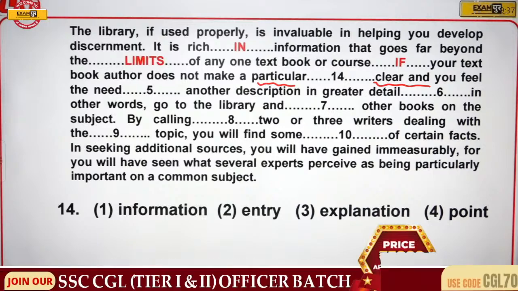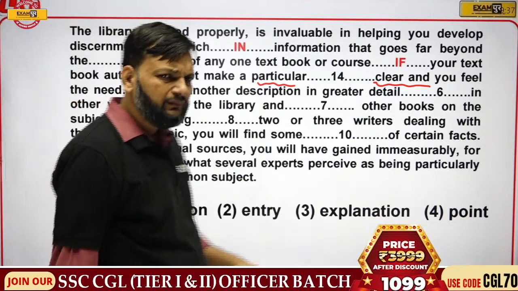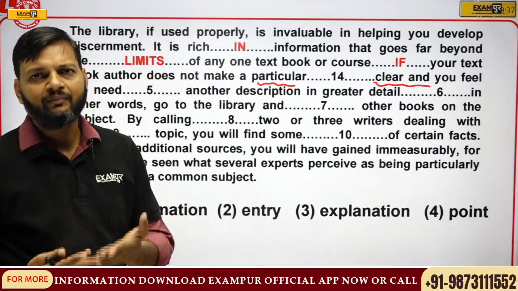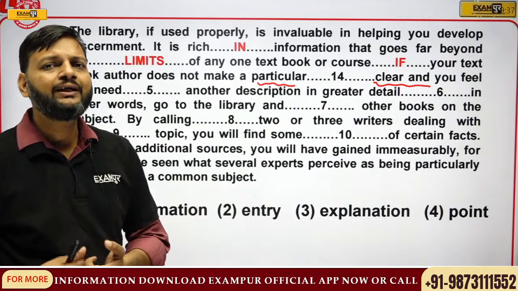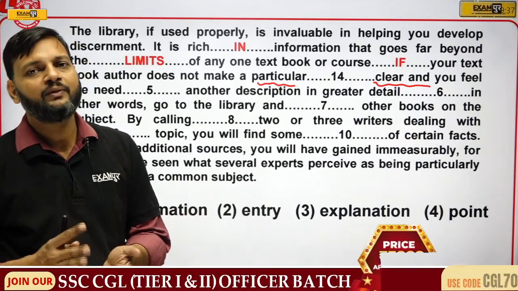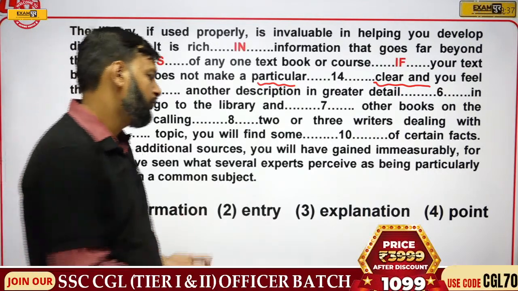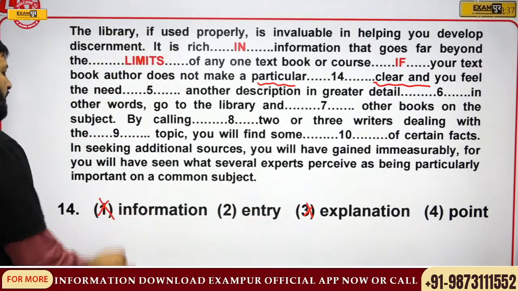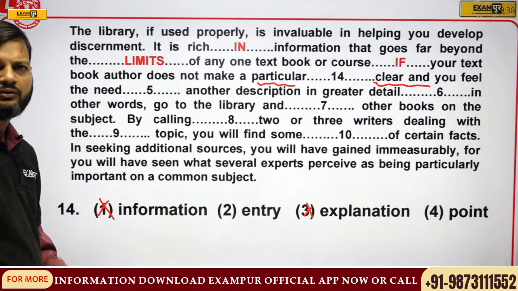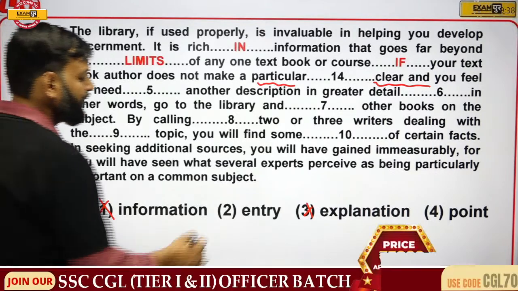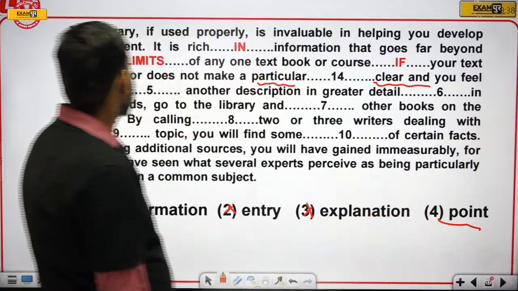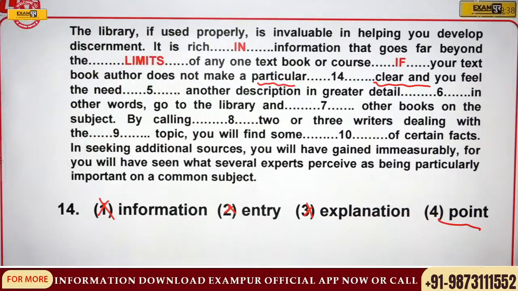See, explanation is something that is clear. So you do not need to clear the explanation, because explanation itself is clear. So explanation cannot be the answer, okay. Information is also something that is clear, cannot be the answer. Entry, so here the right answer is point, okay. If the book author does not make a particular point clear,